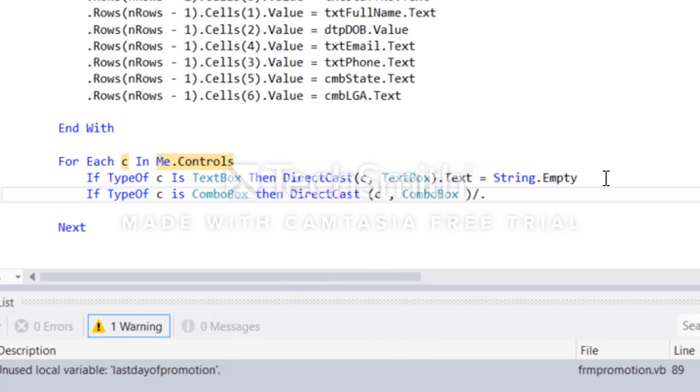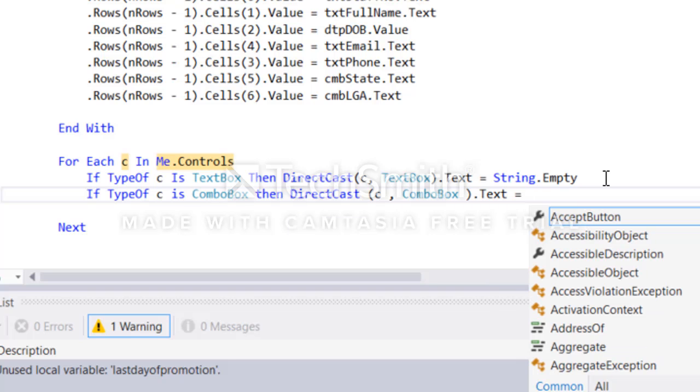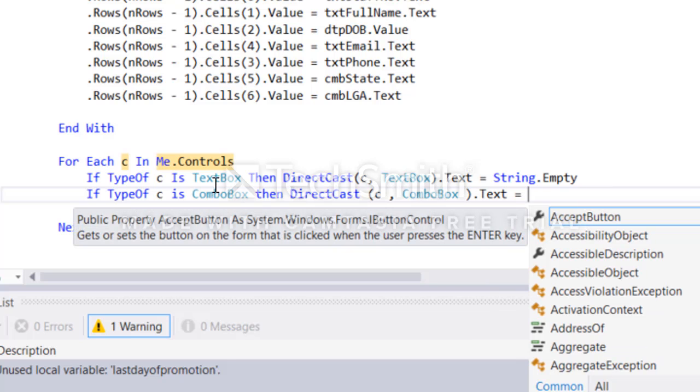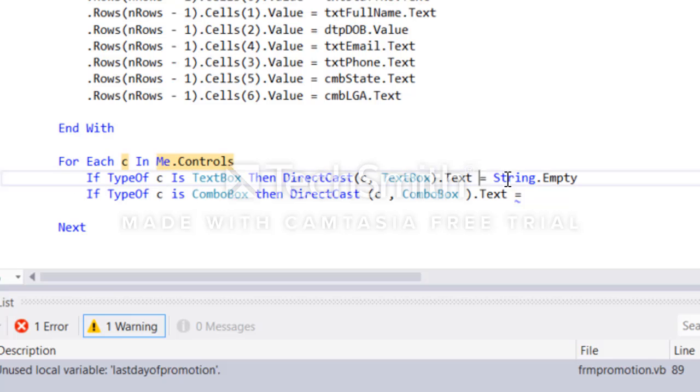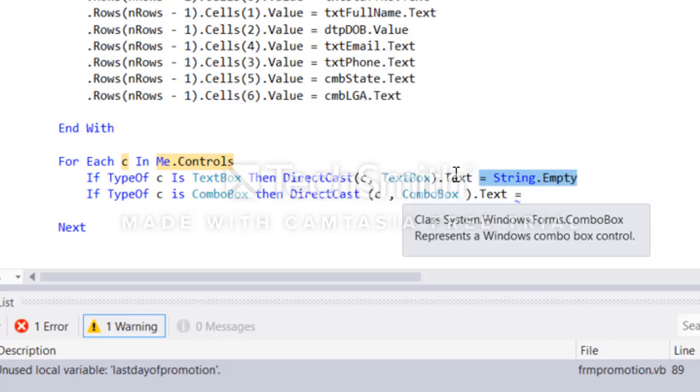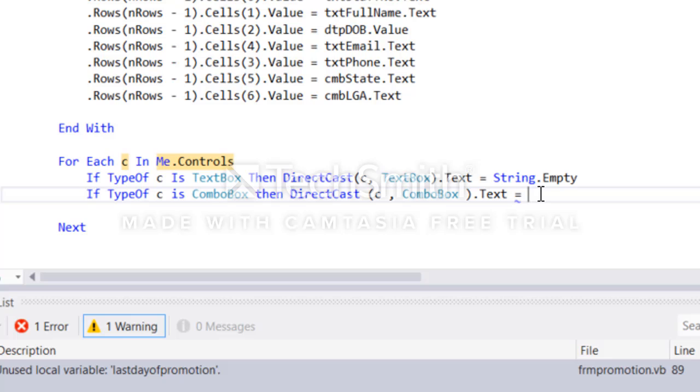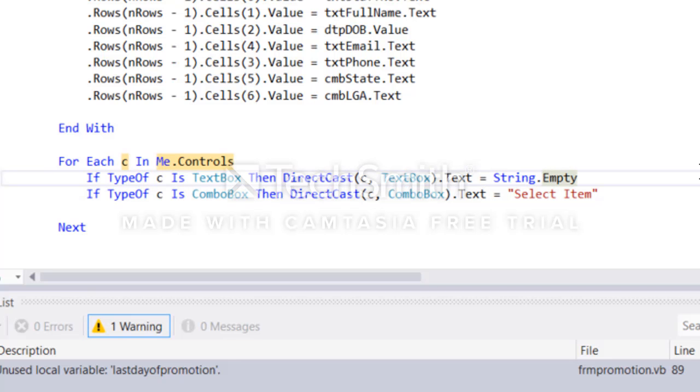So as we are applying this property to all the combo boxes, this one is if we're applying this particular property to all the text boxes, but this one we're applying this property to all the combo boxes. So see here, we say select item. So we change the property to select item. Now, if we run